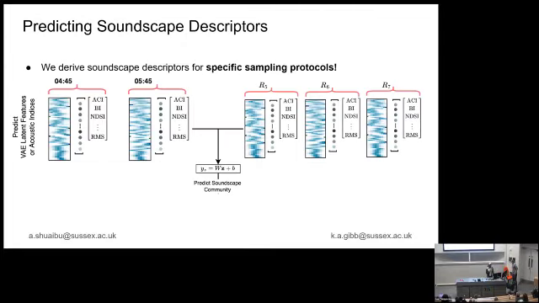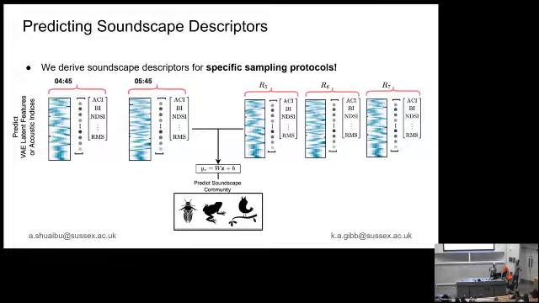Here, what we want to see is whether we can derive a more reasonable sampling protocol, where we can sample in time, on the left there, and also sample in space, and in essence predict these latent features in both time and space. We can predict latent features from our deep learning model, and acoustic indices, based on these specific sampling protocols. As a means of evaluation, we see if these predictions are able to predict soundscape community, which is the presence or absence of a particular species in a habitat.